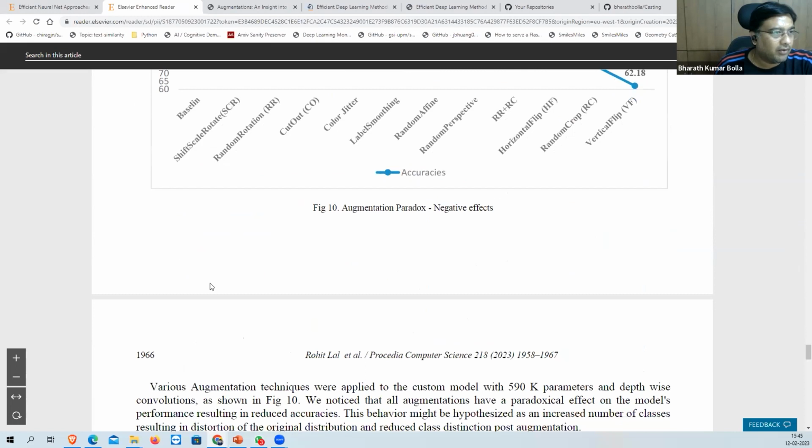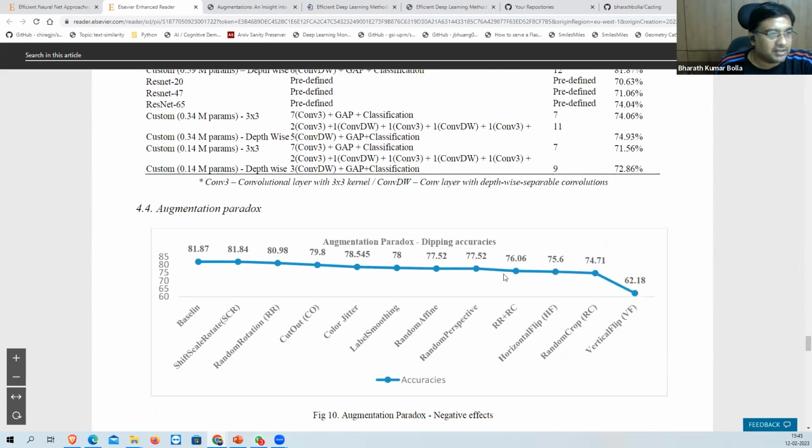And on top of this, we did several augmentations. But what we found was, augmentations generally don't work on datasets such as casting. Augmentations do work when your classes are very different, but generally they don't work when your classes are very close. A defect is just a small line, a scratch or some kind of thing, so the distribution between the defect and non-defect classes is very close. But when you are classifying cats versus dogs, the distribution is farther apart. You can easily tell the difference.